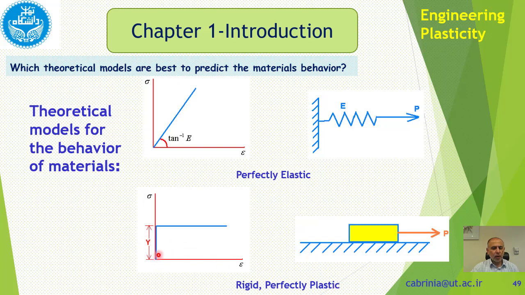Why do we say rigid? Because here, whatever stress you apply, nothing happens. It's rigid until you reach this point, then plastic deformation occurs. In fact, you don't have any elastic deformation here. It's not like that, it's like this. So this is an ideal model for plastic deformation, and surprisingly, it gives very good results in most metal forming problems, where we have a lot of deformation.